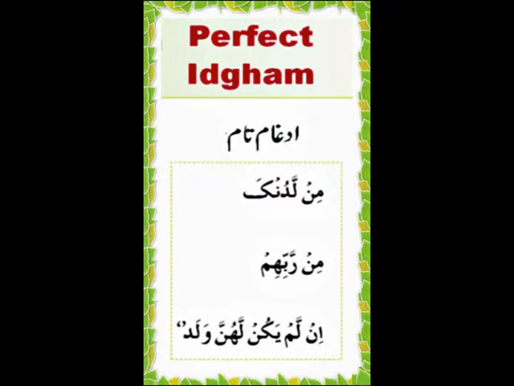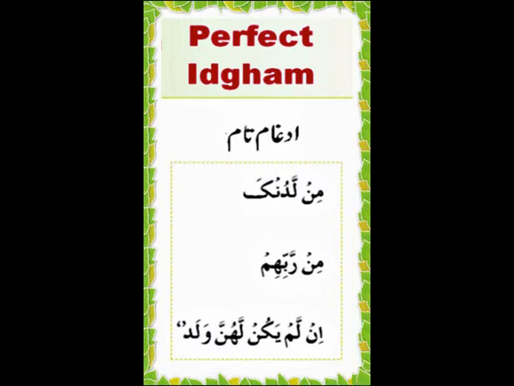Here we learned that whenever nun sakin or nun tanween is followed by lam or ra, we will not pronounce the nun sakin or nun tanween at all. So in the first example, we see that there is a nun sakin which is followed by a lam, therefore we will not pronounce the nun sakin at all. So this will be read as milladunqa. Notice that we have prolonged, however, the second nun sakin in this example,